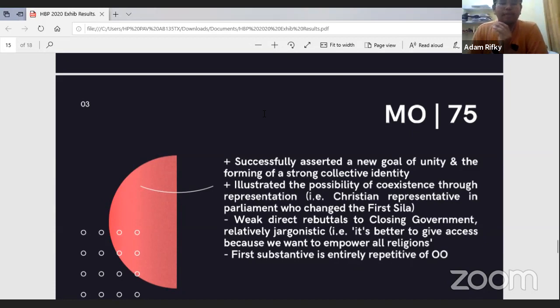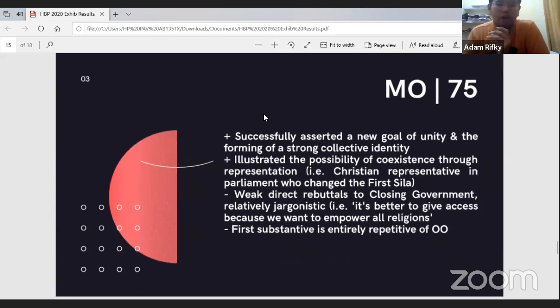in the debate. But secondly, they were also able to illustrate the possibility of coexistence through representation. They talked about, I believe, a Christian representative in parliament who changed the first Pancasila and things of that nature, for example. Unfortunately, what sort of dampened their score and made them unable to go higher is that there was